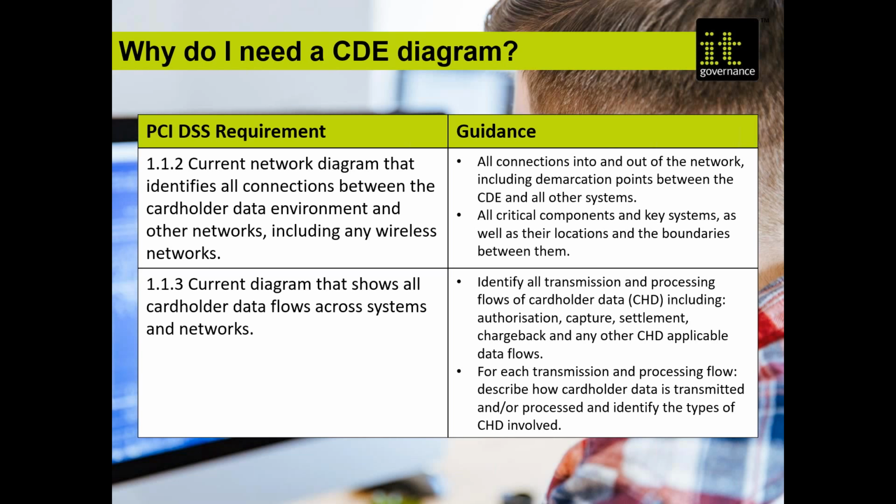For self-assessment, there is a requirement to confirm that the environment has been correctly scoped, and without network diagrams and data flow diagrams, this will be difficult to demonstrate. For level 1 organizations, which are generally the 6 million Visa transactions, 2.5 million Amex transactions, those organizations are required to complete an annual audit, and in the executive summary and details about the reviewed environment sections at the front